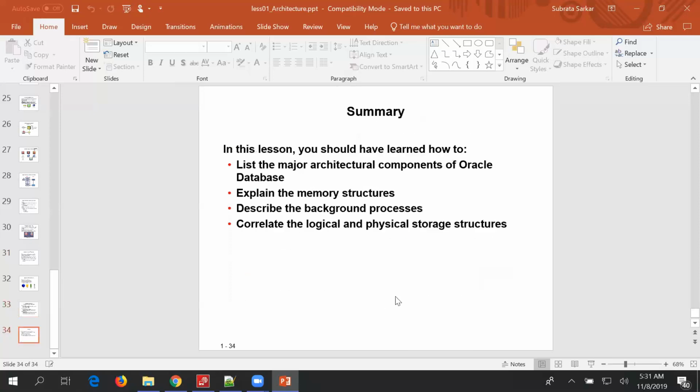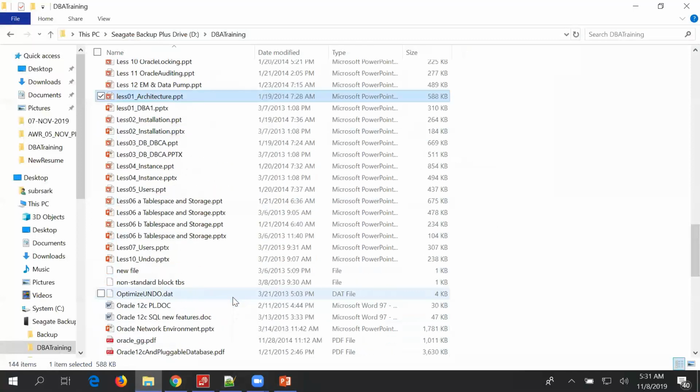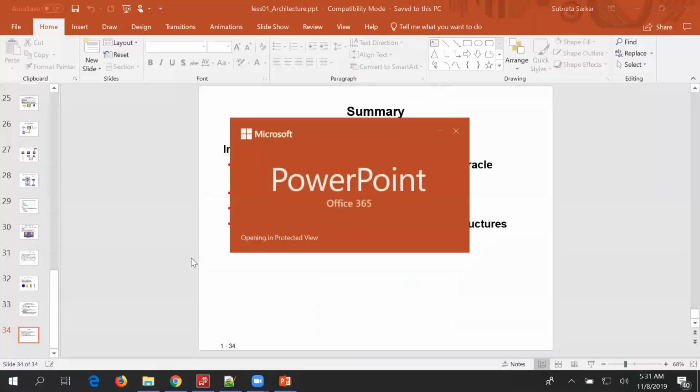So that's pretty much about Oracle database architecture. Now I would like to cover another very important topic, which is, starting with Oracle 12c, we can have the Oracle database as a container database.